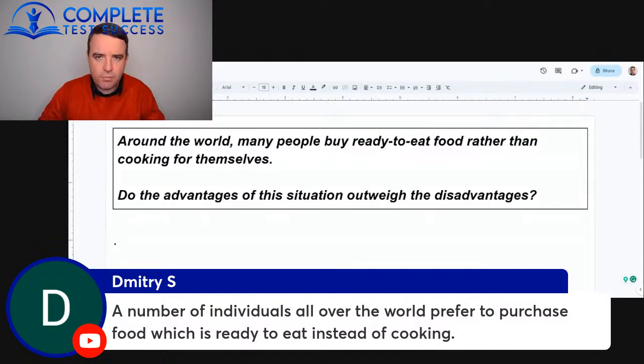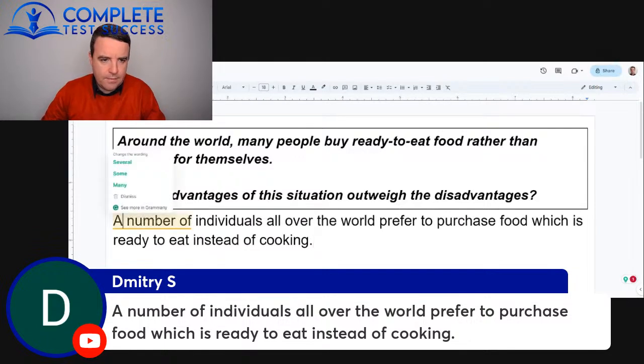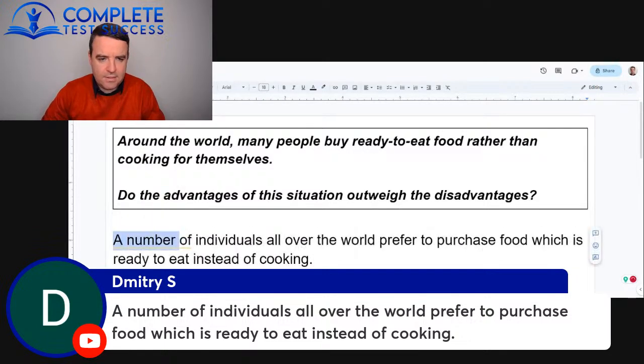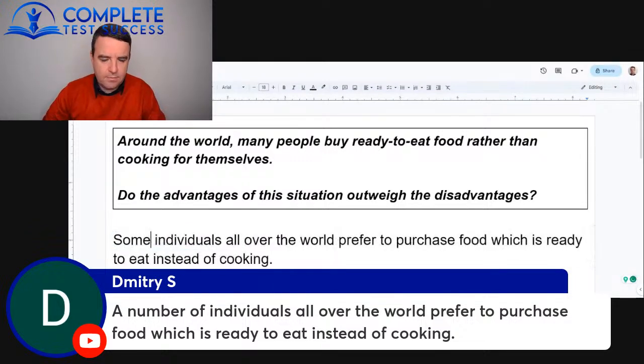It's definitely a good starting point. A few small grammar and vocab mistakes, but it's definitely a good starting point. So let's use that as our paraphrase. Okay, so I'll just add that to my document here. Let's say some. Okay. Some individuals